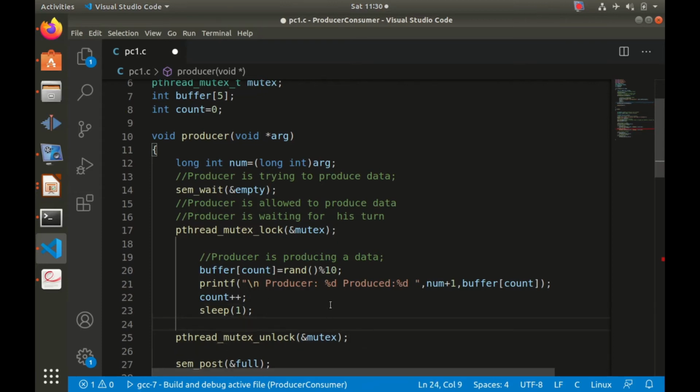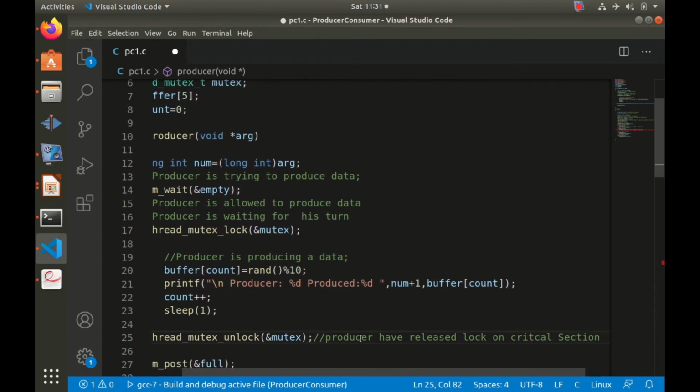So here we will write: producer has released lock on critical section.